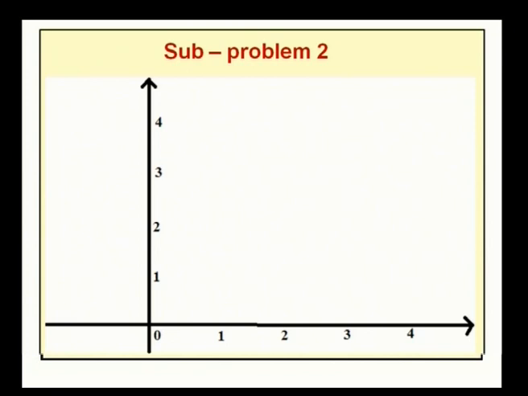Welcome back. Before the break, we solved subproblem 1 using the graphical method. Now, our subproblem 2 consists of 3 constraints. First, we try to draw the first constraint, 5x1 plus 3x2 equal to 8, in the graph. The curve 5x1 plus 3x2 equal to 8 can be obtained by joining the points (8/5, 0) and (0, 8/3). So, by joining these 2 points,